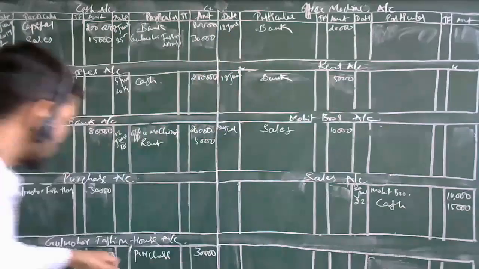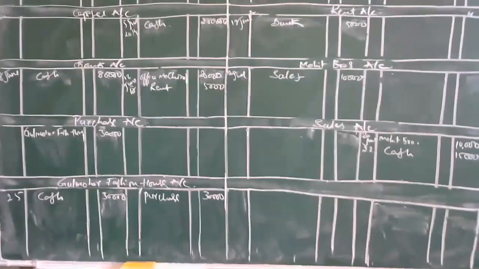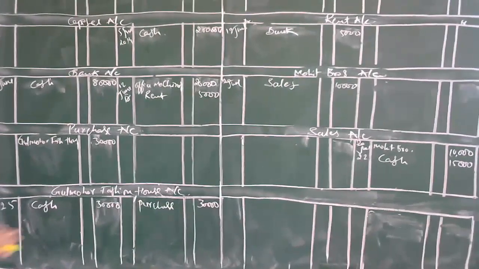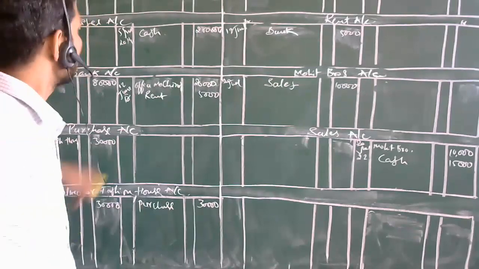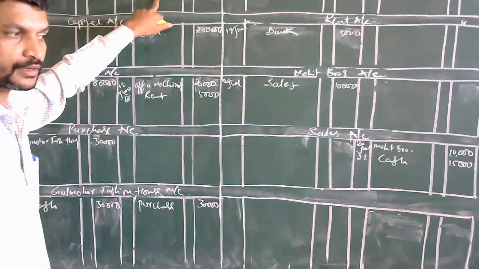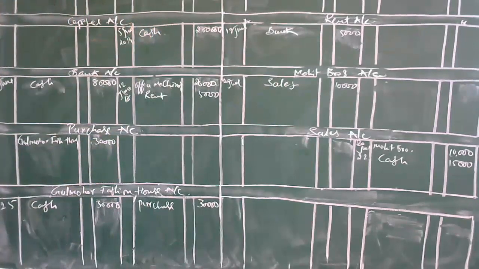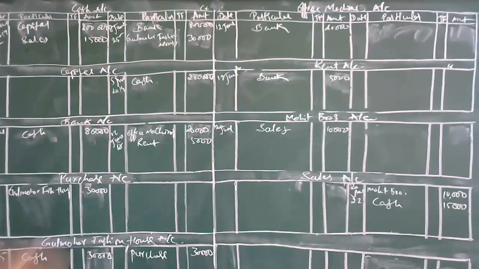If you are not seeing the bottom line, I can make certain movements. See here, in this part, Gulmohar has been debited. He has received the cash, so he's been debited. And what you have paid has been credited. The cash you have paid, you can see over there, up here it has been credited.